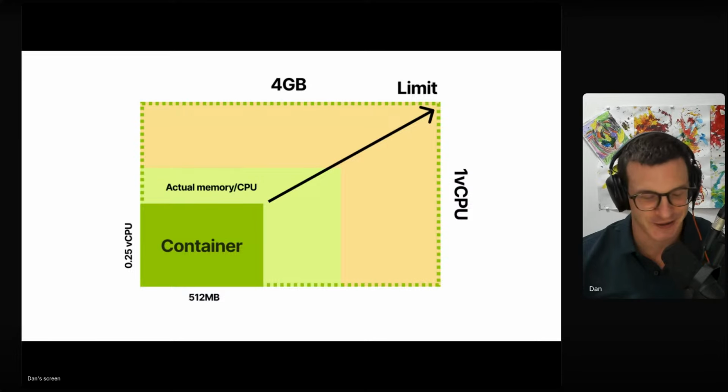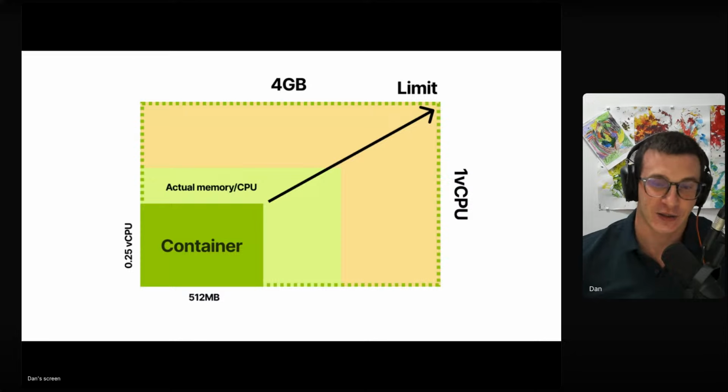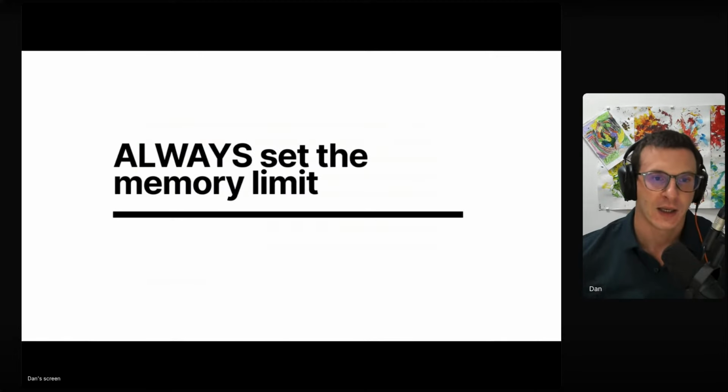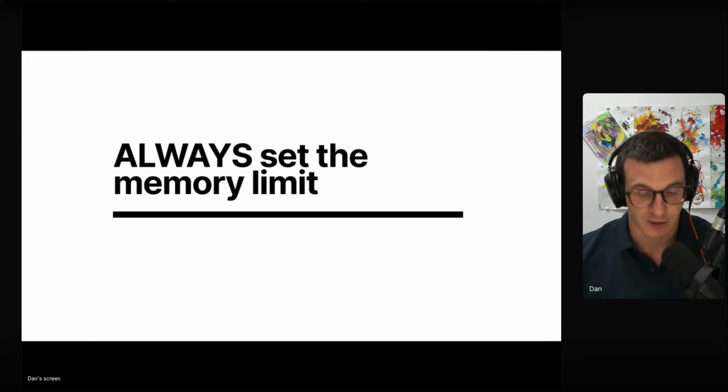Now, everything in between is something that the application can use. And this is a curse and a blessing. The reality is that not just will the container use all memory and CPU between the request and the limit, but it can also use less than what we defined in the request itself. And this is perhaps where things start to get a little bit more complex. Now, there are a few things that we generally recommend when it comes to requests and limits.